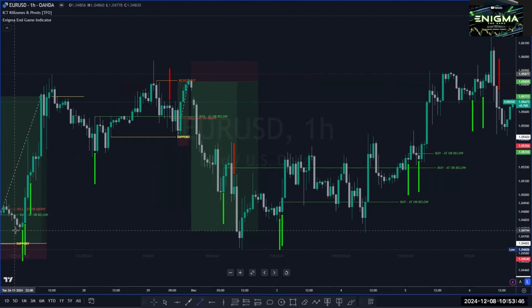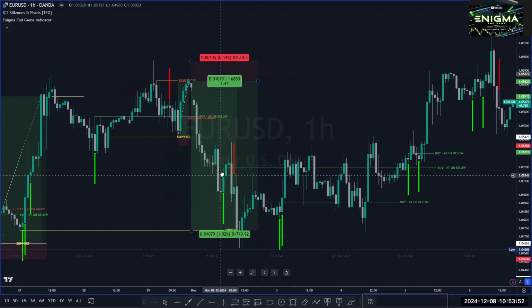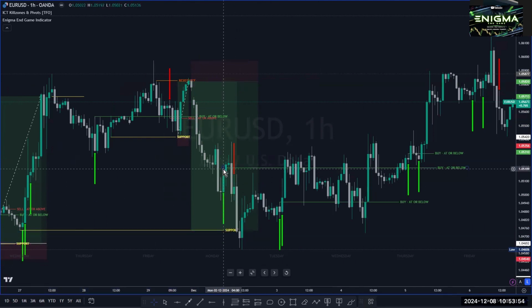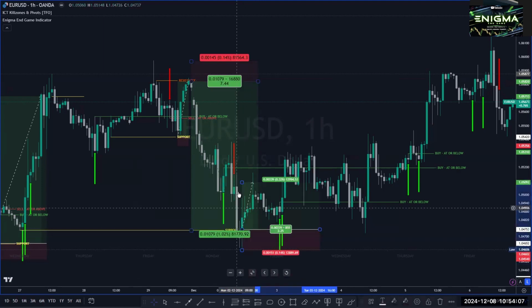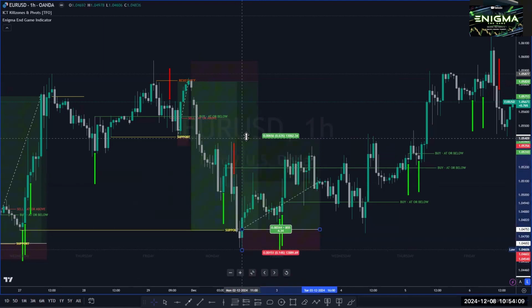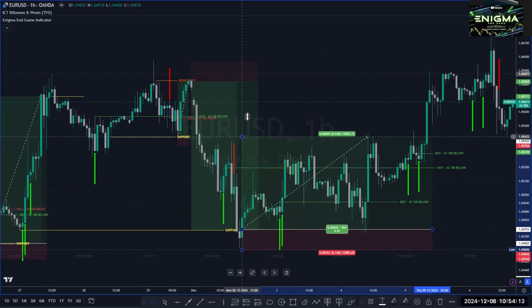Why? Because this low is going to be our support right here. But not only that, we have Enigma telling us previously that we should be looking to buy below or at this level. So this support is going to help us make that decision firmly. And then we're going to take our next buy trade in this area, because Enigma gives us a confluence of bias and understanding of shift happening before we could actually see them. And here we can see the market